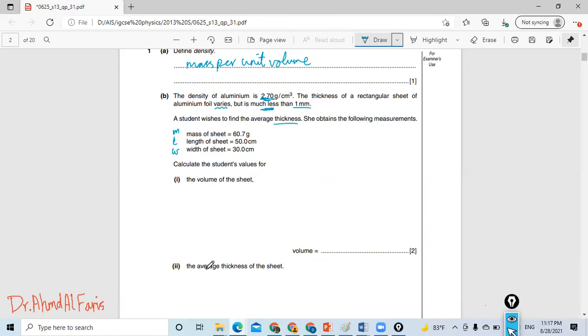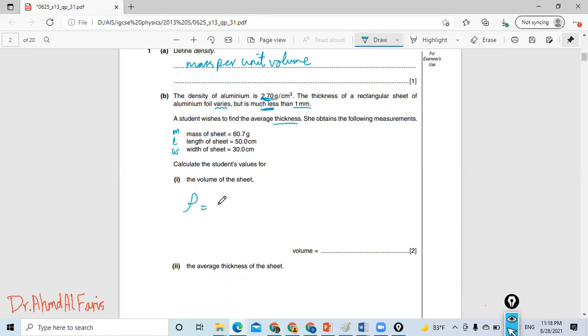They asked for the volume and the average thickness. Now the volume, most of the students think that the volume equals length times width times the thickness, and the length is given and the width is given and the thickness is much less than this value. No, that's not the correct method to answer the question, because we have the density, and so that means we know